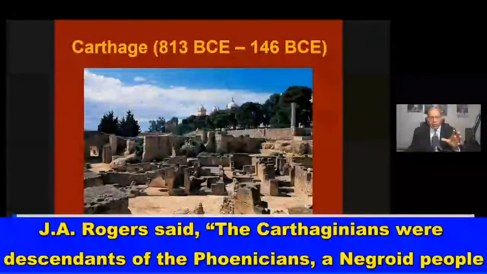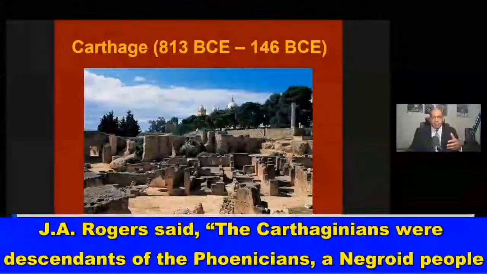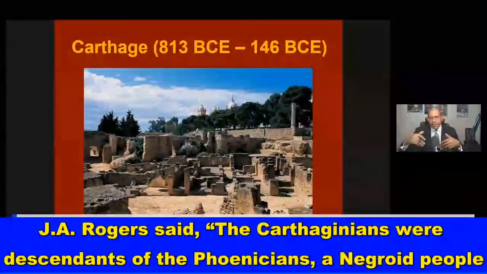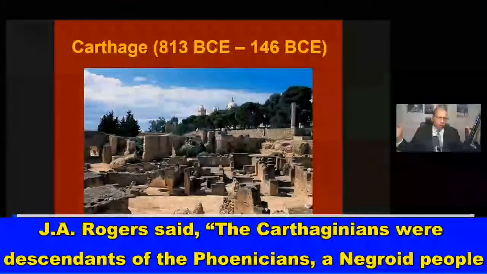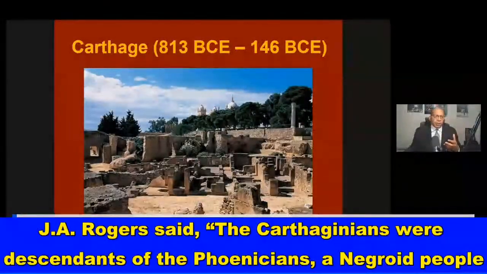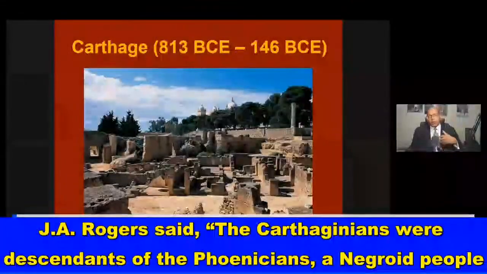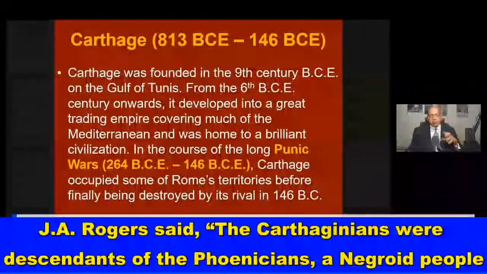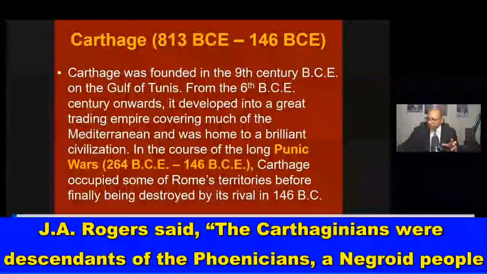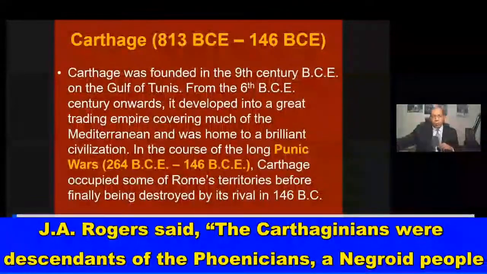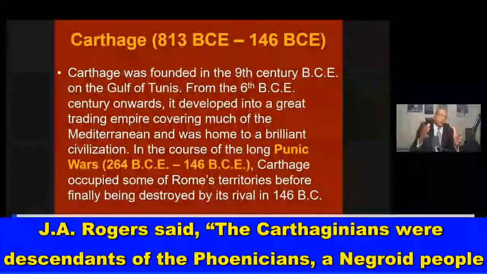We look at the Battle of Cannae, 216 BC, where Hannibal Barca defeats the Roman army, and they lose about 70,000 soldiers in one day. It is looked at as one of the greatest military victories in history. We know that Carthage is going to exist from 816 BCE, before the Common Era, or BC, to 146 BC. Carthage is going to be destroyed by Rome in 146 BC. And you also deal with